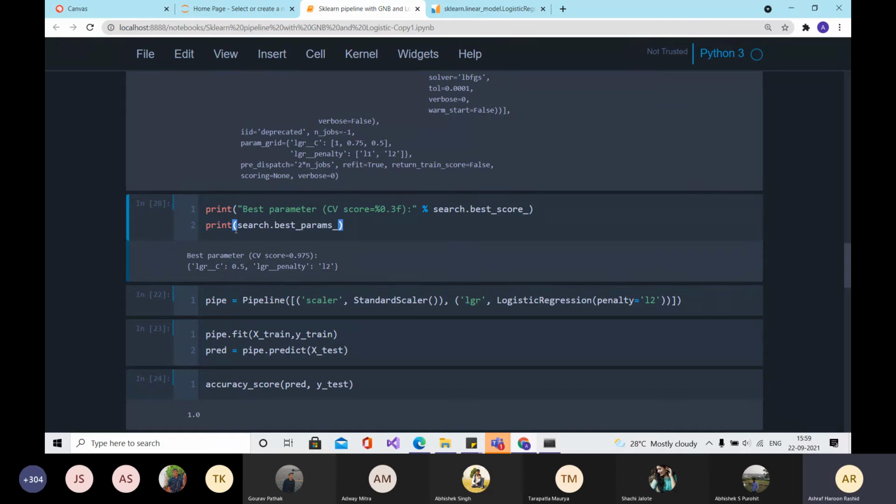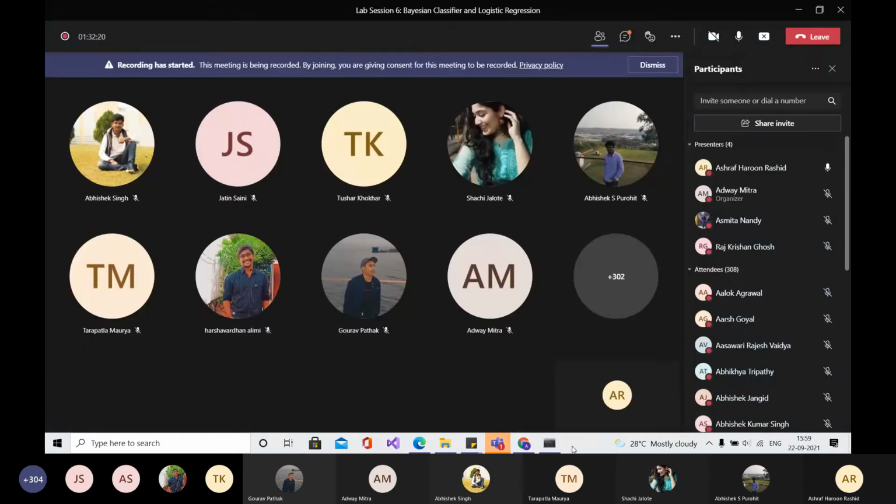Are you guys able to get this till here? Were you guys able to do the grid search?